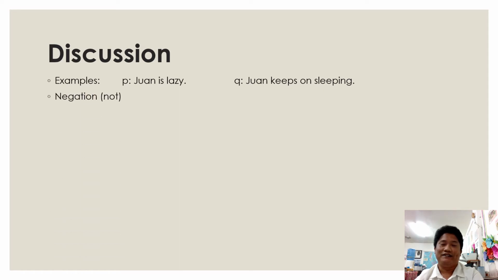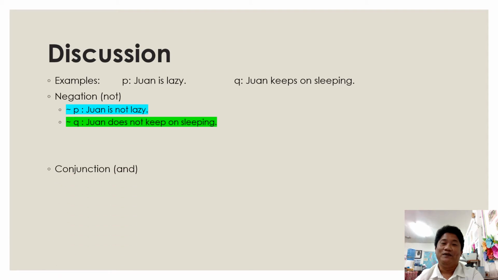The negation not. So when you negate proposition P, the statement becomes Juan is not lazy. And for proposition Q, if we negate proposition Q, it becomes Juan does not keep on sleeping. Moving on to conjunction. So when we connect 2